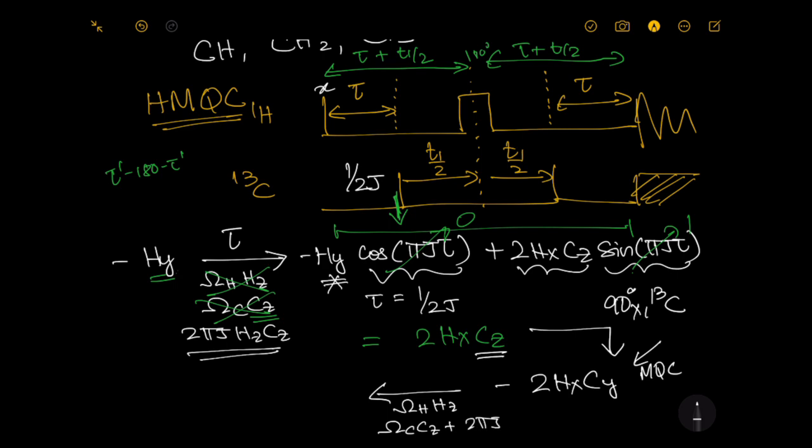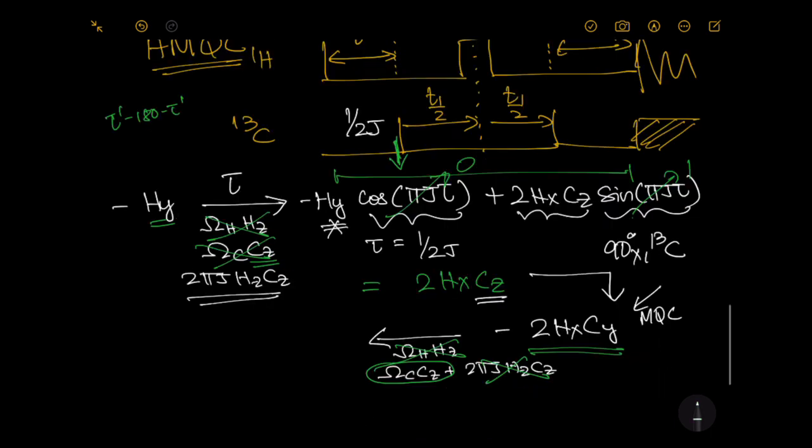We just learned a few moments back that it's a tau 180 tau module where the proton chemical shift does not evolve in this whole duration, so we do not have to worry about that. In addition, for a multiple quantum coherence term, the weak scalar coupling will not evolve. So the only term that will evolve in this case would be the chemical shift of carbon. Hence, the solution is going to be minus 2HxCy cos omega c t1